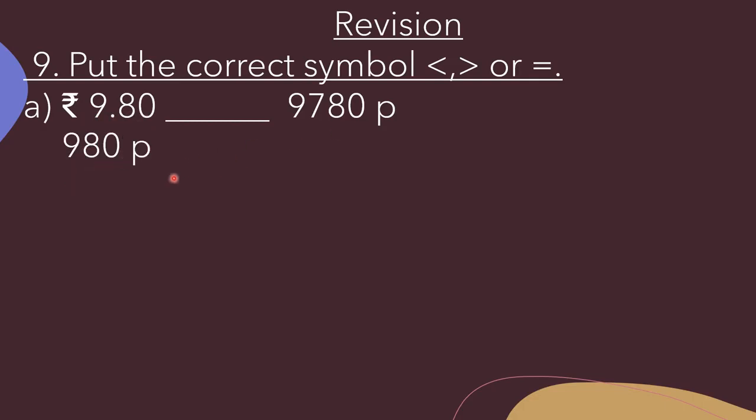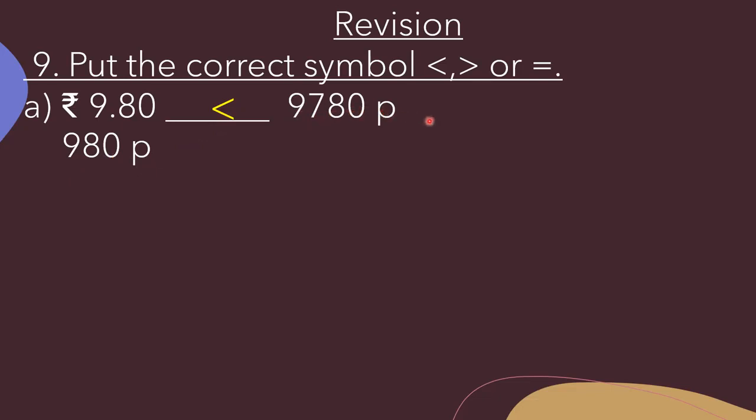Now we can compare easily because in both places the unit is same. Now 980 is a 3-digit number and 9780 is a 4-digit number. That's why 980 is smaller than 9780. So here we will put the sign like this. How we can read it? 980 paise is smaller than